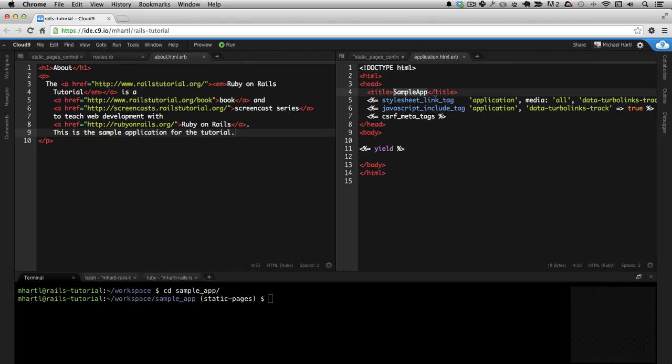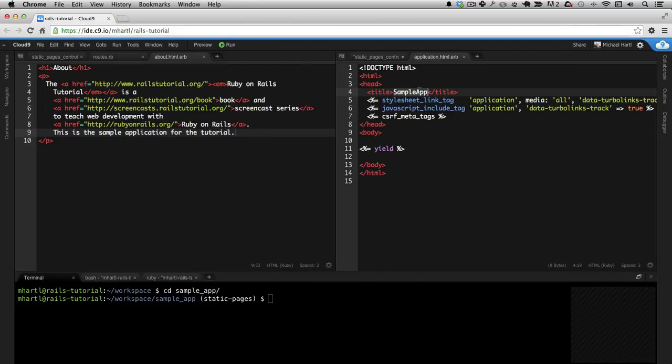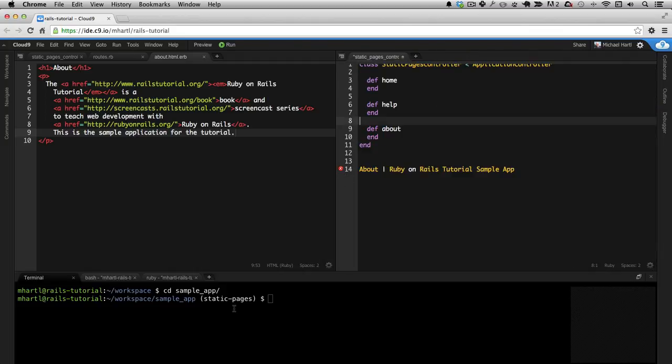The title is coming from this. The reason that we see sample app here in the tab is because of this title tag. But we actually don't want this right now. It's more instructive to get rid of it. So I'm just going to move it. It's in, where is this, in app views